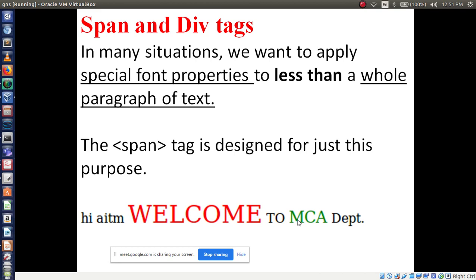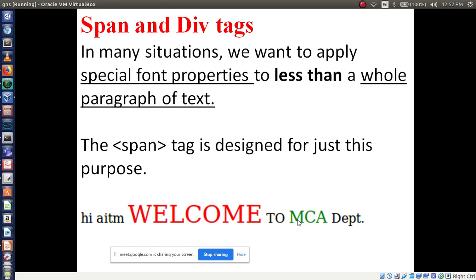Now one more point. To display any content or any line, which tags do we use? How many tags are possible to use? P tag, yes.